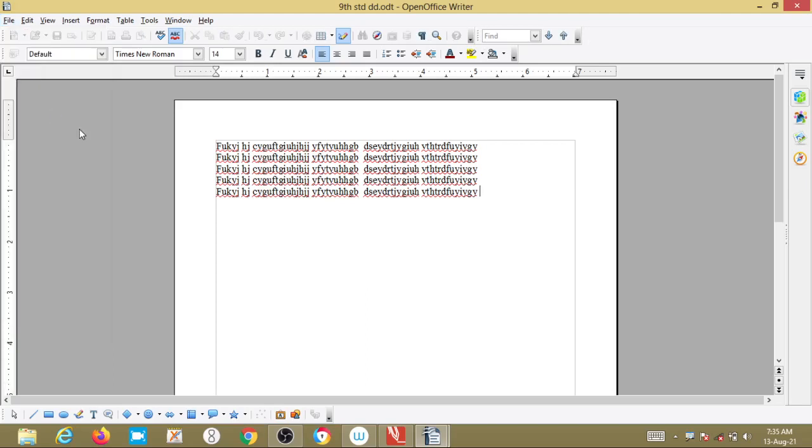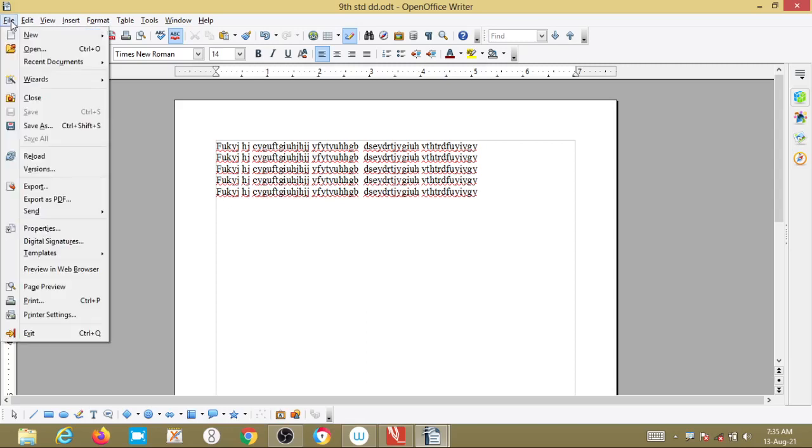Okay, so now what happened? Suppose, unfortunately, the power goes or your system has stuck up. Again, if you did something and didn't save, then if you close it and reopen, you will not get that document, right? So that's why after doing certain modifications, we have to go for a save.